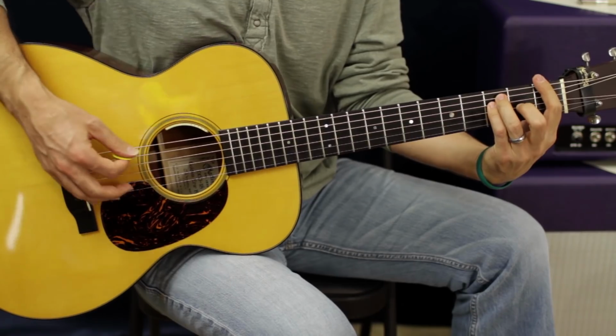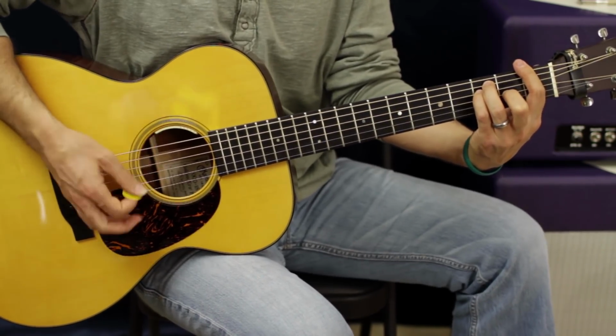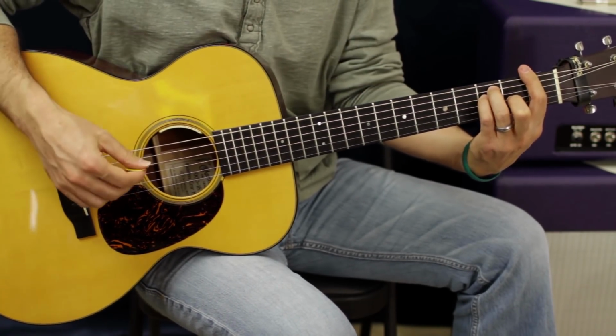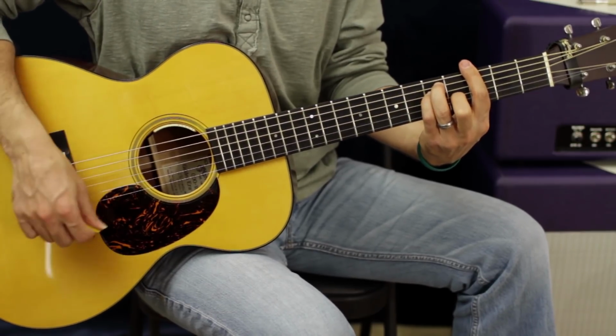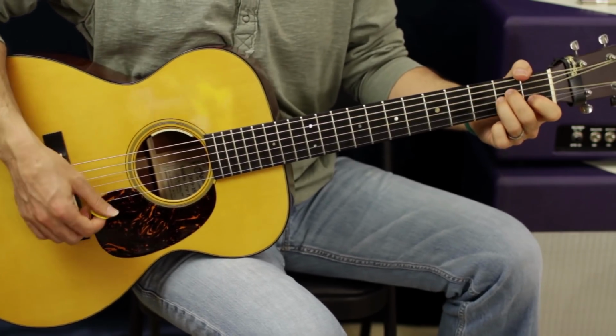And then we're going to go back to the F. 1, 2, 3, 4, 5, 6, 7, 8. 1, 2, 3, 4, 5, 6, 7, 8. Take this position and move up a whole step to G. 1, 2, 3, 4, 5, 6, 7, 8. 1, 2, 3, 4. And let it ring. So, all together again, we got...